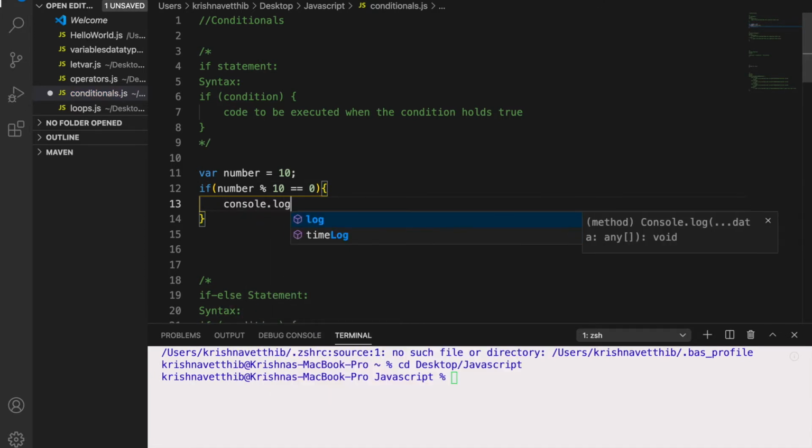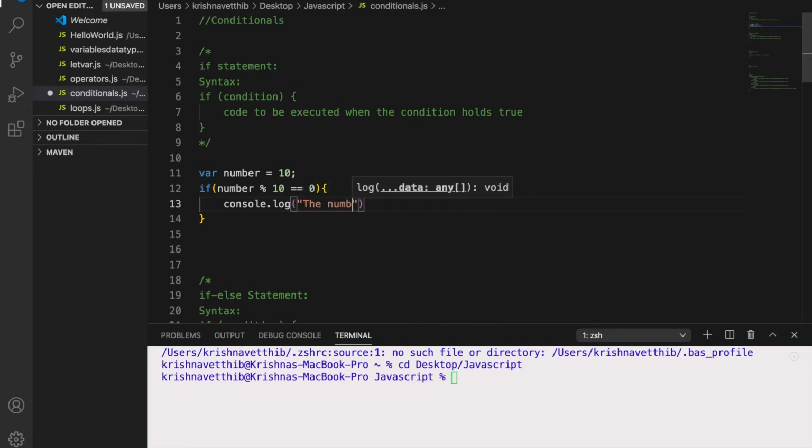I want a statement to be printed, that is, the number is divisible by 10. So if this number is divisible by 10 and the remainder is 0, then I need to enter this if condition, and this particular statement needs to be executed.